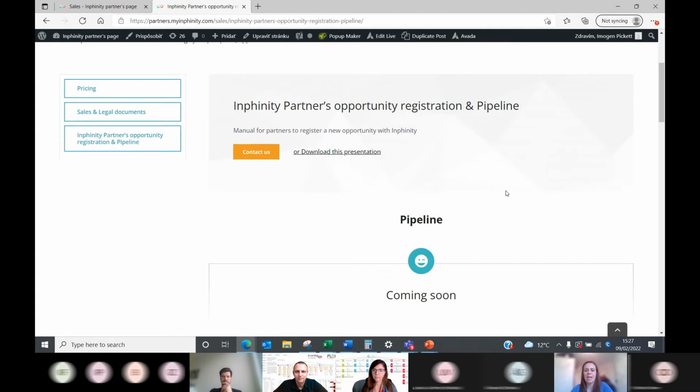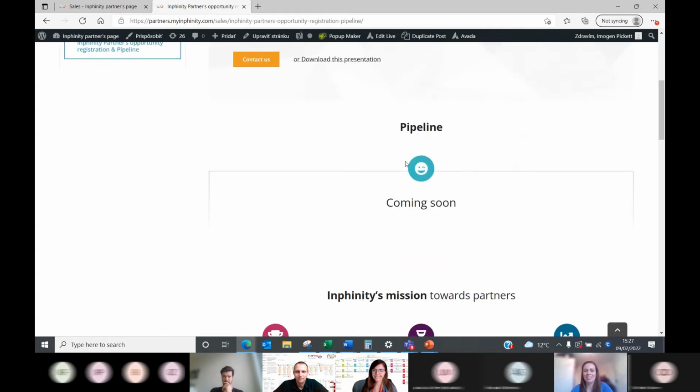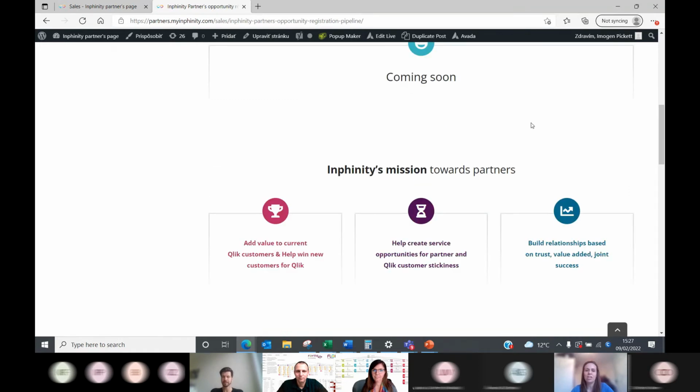So our ultimate aim, which is coming soon with a nice emoji there, is for you guys to be able to log into this portal, fill in a nice form, and it automatically update our CRM system, so you don't have to do anything extra and it can all be managed through the portal. Currently it is not enabled, but it is definitely something that we're working on, and we wanted to share this portal with you guys before this is launched.